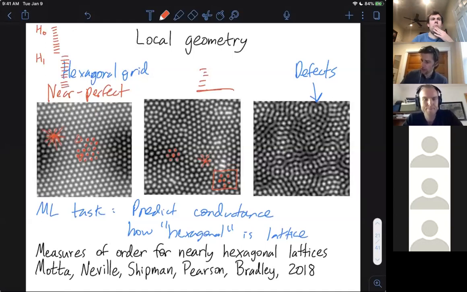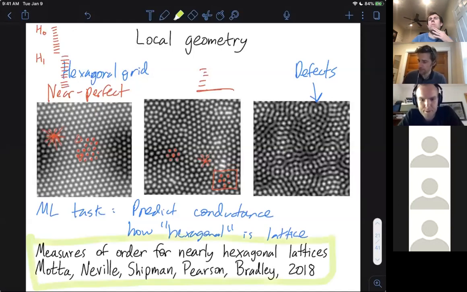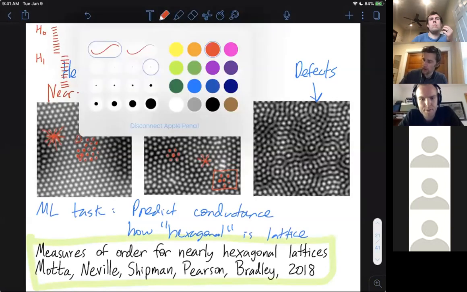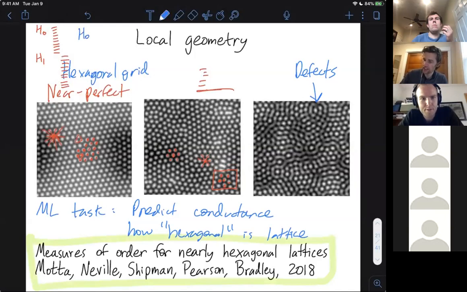The authors of this paper, who actually were at Colorado State, which is where I am, also looked at what they called the H0 variance. They looked at the variance in the H0 bars, and the list of all the H0 bars is a high dimensional vector for use in machine learning that they looked at. But to try to get a single feature that works pretty well, they looked at the H0 variance or the H1 variance, and those alone are just single measures that do pretty well.